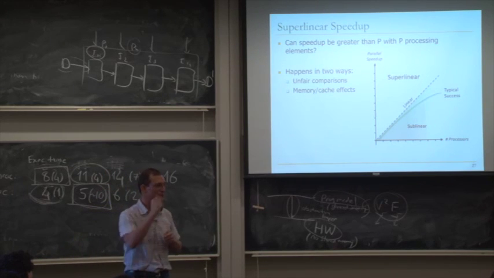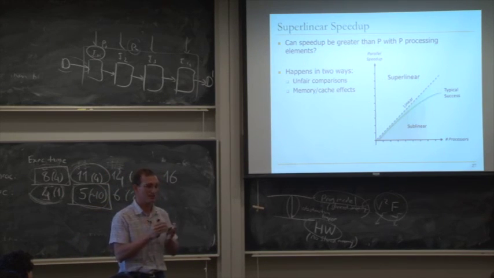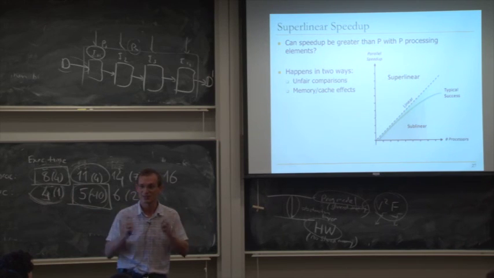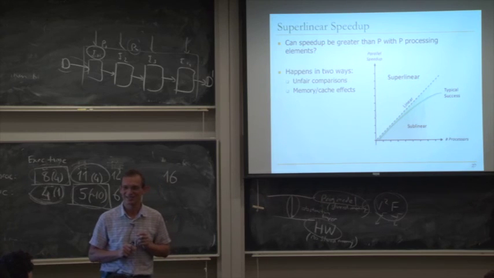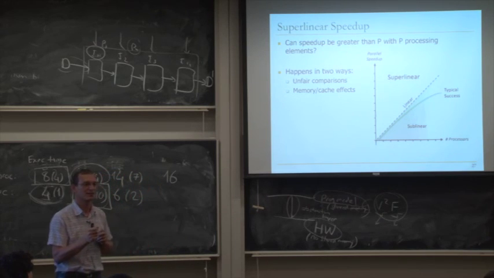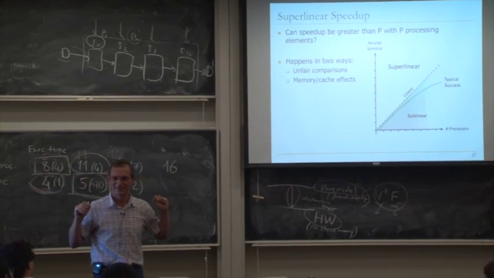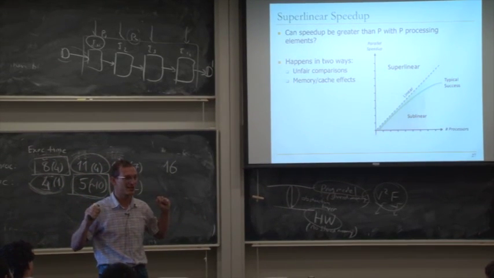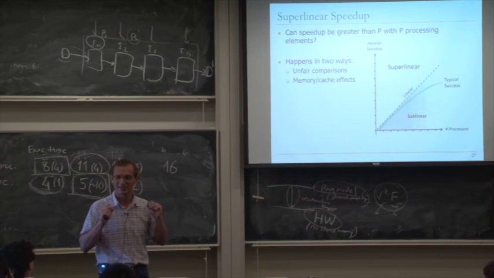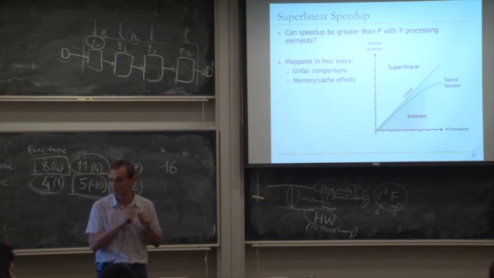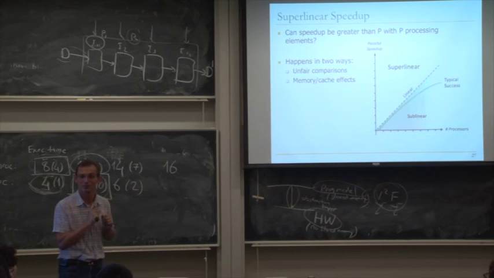And you can, at some point, get higher speedup if you add more processors. At some point, the entire working set of the problem may fit into the memory you've added, or you get better locality, and then your speedup increases, right? That's still not a fair comparison, because you're not only adding processors, but you're adding memory, right? Maybe the fair comparison is your memory stays constant, and you just keep increasing only the processors. That way, you don't get superlinear speedup.